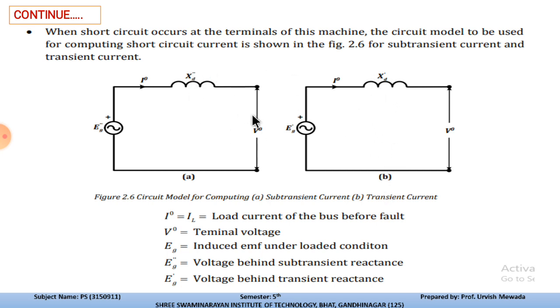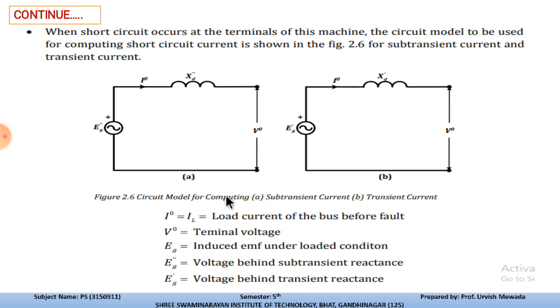From this we can say that whenever a short circuit fault takes place, initially, gradually all the reactances come into the picture, and that will limit the short circuit current of the synchronous machine. Due to the damper winding reactance, the field winding reactance and the armature winding reactance, we have a limitation of the initial large current once the short circuit takes place.